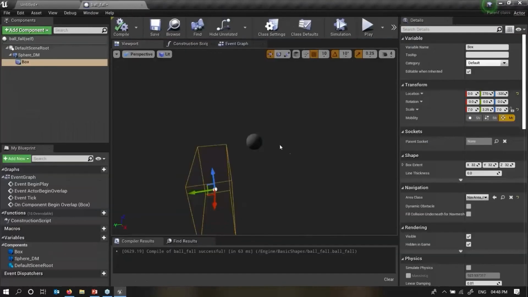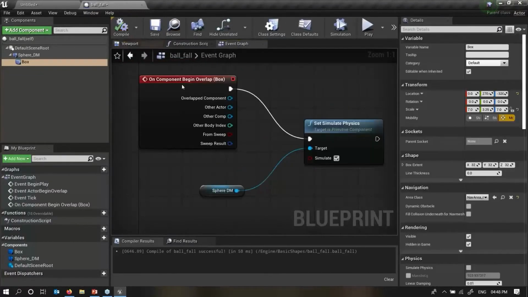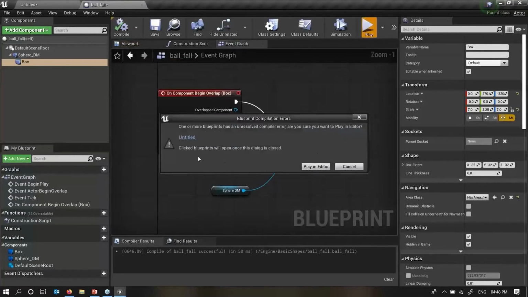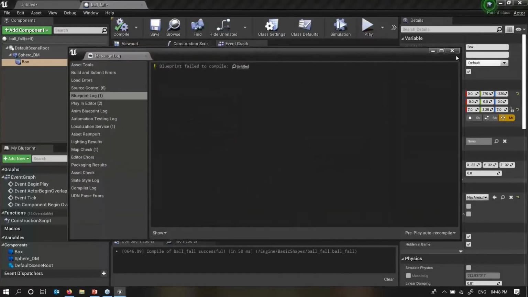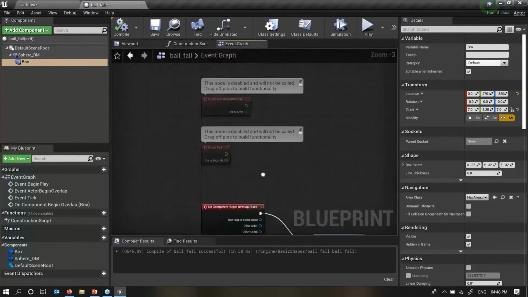Blueprint compile error. Let's see what error we are facing. Simulate compile error, it's there. If I say play, one or more blueprints have unresolved compile errors. Okay, let's see what the error is. See, there is one error.